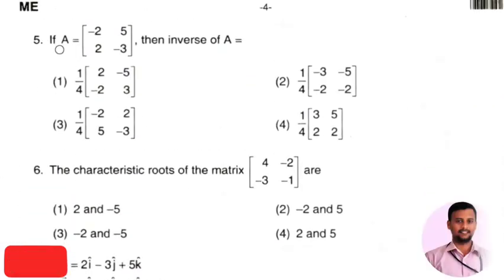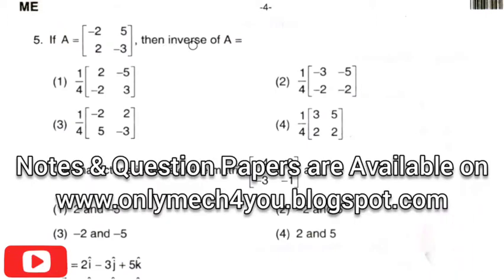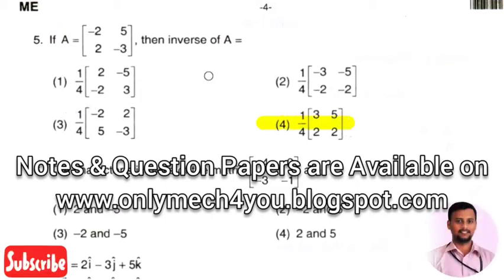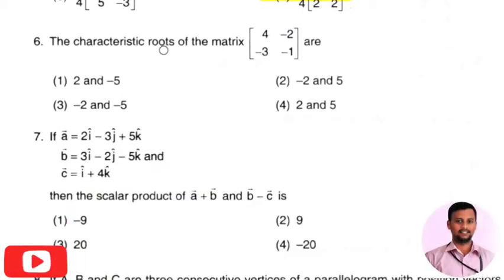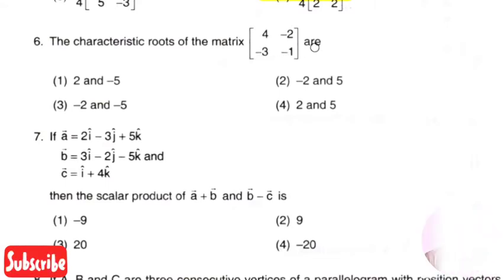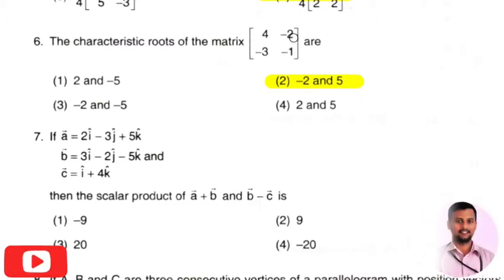The next question is if a matrix A is equals to minus 2 5 2 minus 3, then the inverse of A is, the right answer is option 4, that is the inverse of matrix A is equals to 1 by 4 3 5 2 2. The next question is the characteristic roots of the matrix 4 minus 2 minus 3 minus 1 are, the right answer is option 2, that is the characteristic roots for the matrix 4 minus 2 minus 3 minus 1 is